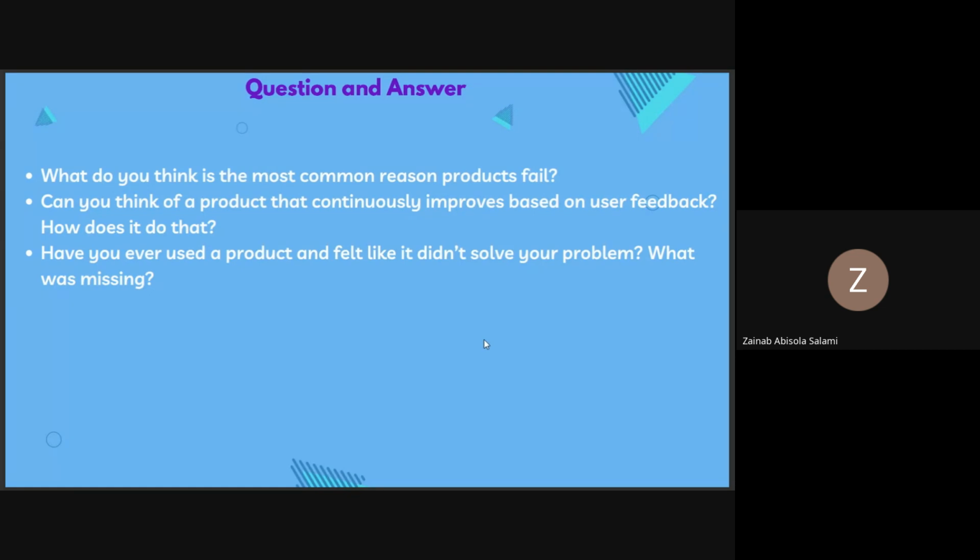I cannot meet you on the way now and you tell me, Zainab, this place, please don't open it. I beg you. That is how the reaction would be. And it is a multinational company. We have them all. I don't know how they just build it and throw it out so that people can use it.